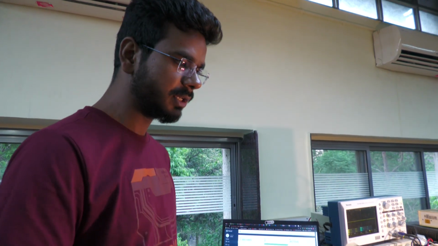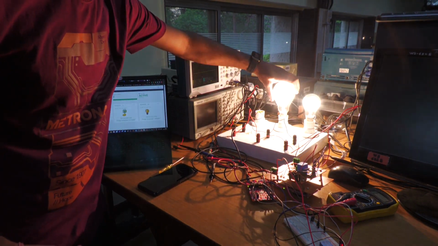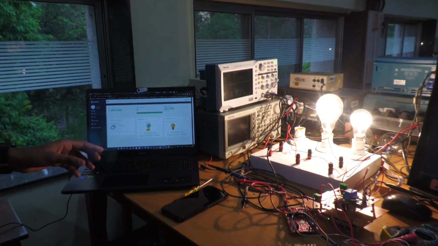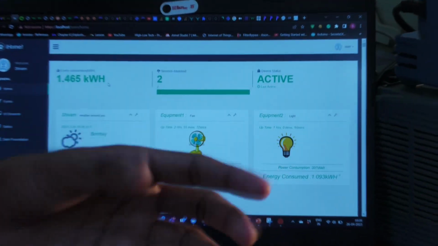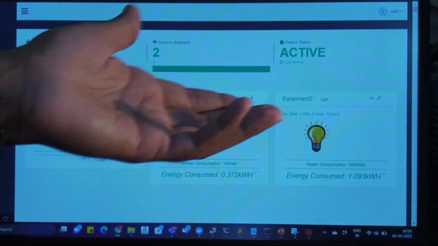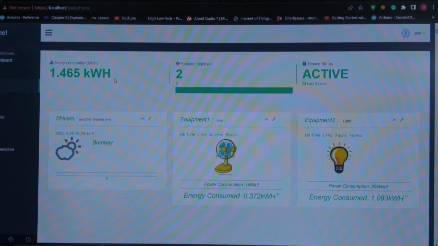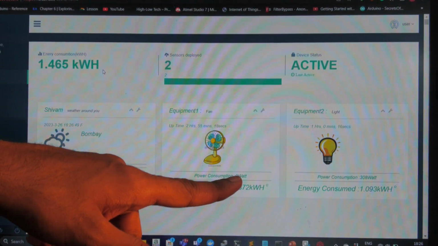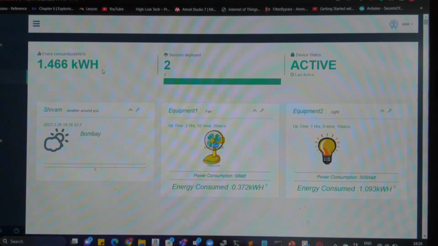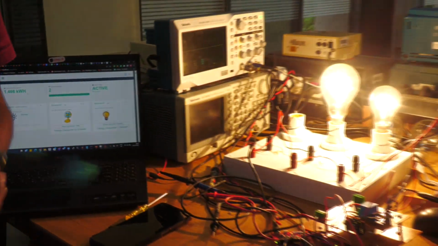For example, if I change this load, the power values will be reflected here. I have just added a 200-watt bulb, and if we focus here, we will see that the 100 watts has now become 300 watts, because 100 plus 200, so we are now getting a load of 300 watts. Also, if I turn off that fan, the power consumption value will go to 0. We are not consuming any power because our device is off, so it is not consuming any energy. This is how we are calculating the energy, and we are driving the analytics to optimize the power consumed by all the devices. Thank you.